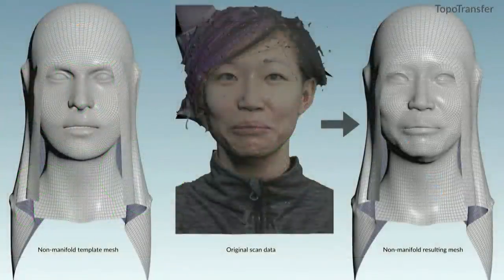We've also made some incremental improvements to topo transfer, which basically, if you're not familiar, allows you to take one mesh and a target shape and transfer the nice clean mesh onto a new target shape. Here again is Fiona, kind enough to allow herself to be photo scanned, having the topo transfer applied. And of course, the key difference here from the previous release is this non-manifold mesh, which means things that are outside of the single contained mesh, in this case the head, can move along with the topo